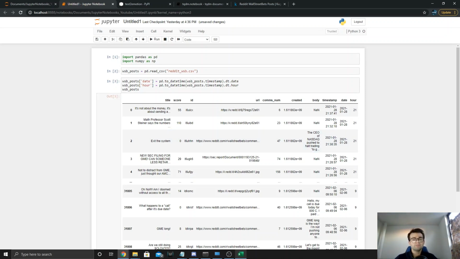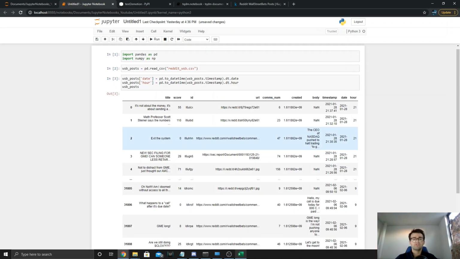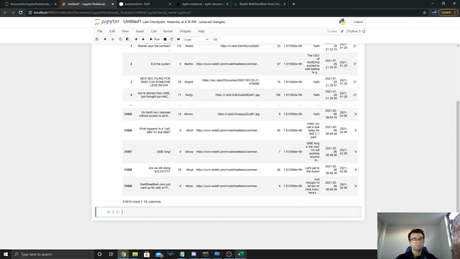Next, what we want to do is group these individual posts by their time, using the new columns we created, the date and the hour, which will be useful in terms of grouping. We can use a group by on some of the data in order to group it in terms of similar hours and similar dates. So let's see, we do a groupby on the date first, using the column's groupby function, and we're going to do that over the date,